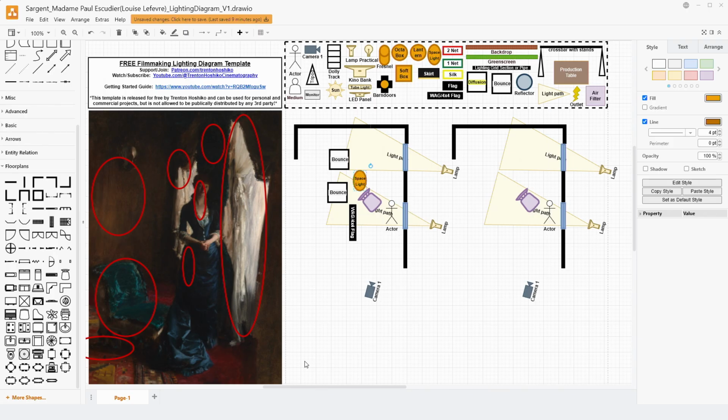Our main goal here is to make sure our frame allows us to have that light be motivated by these windows, diffused by these curtains, and have our actress have her face be shaped by the light coming from those two windows. We don't want to have too much on the inside here that competes with the shaping that we're getting from the windows themselves. And especially if she came from our camera left, walked in, looked out that window, and then